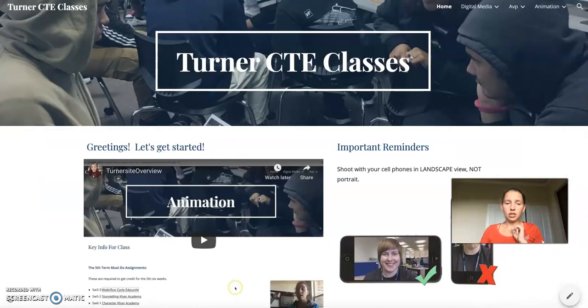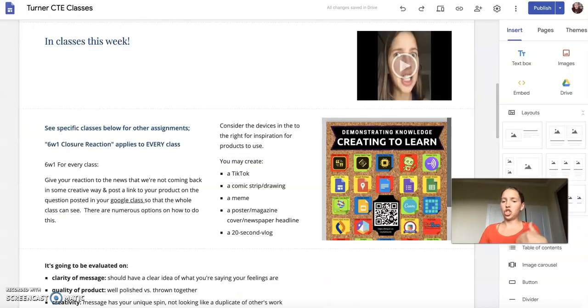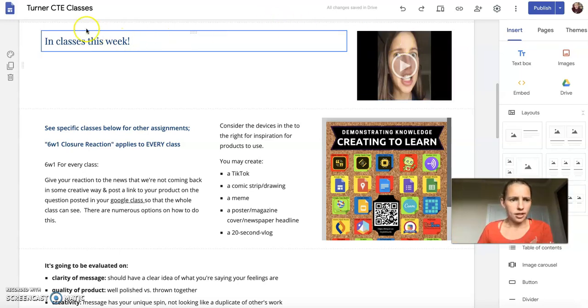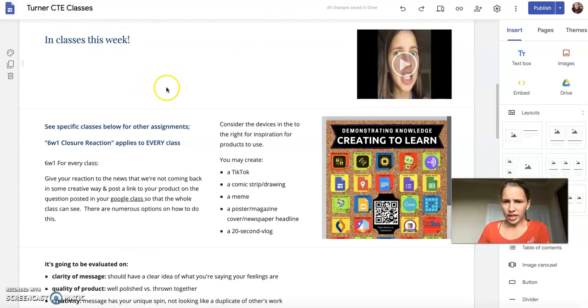When you turn it in, you will need to have a shareable link because you're posting the link so that your classmates can see what you've produced, and we can gather it all and look at it all. So it's kind of like a conversation where everybody gets to see how other people reacted. That's how we have to converse nowadays. So that's the first assignment.